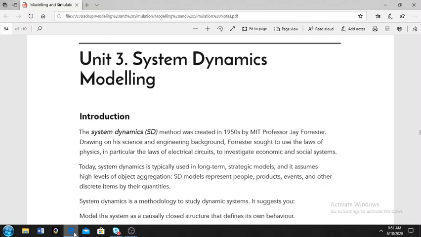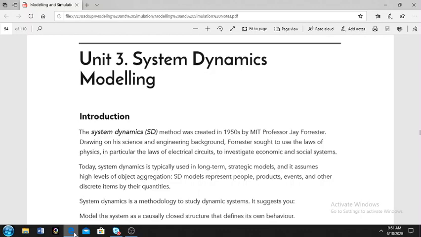We are going to continue with dynamics. System dynamics. Remember, in the previous videos we have covered the first method of simulation, which is agent-based modeling. Now we continue with the second method, which is system dynamics. So remember that we said system dynamics